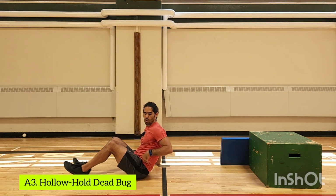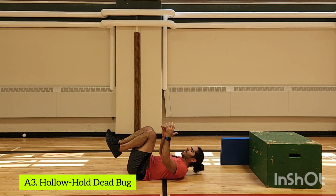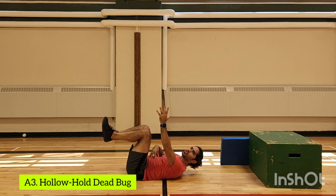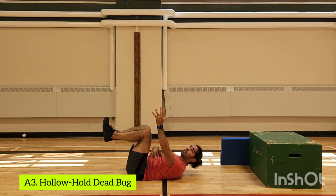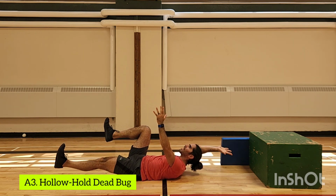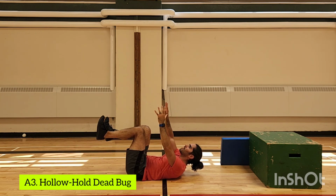So for this one, we're gonna lie on our back in this upside down bear crawl position. From here, what I want you to do is take a breath in, exhale, and just get your shoulders just kissing the floor, or even better, just kind of like butterfly kissing or just off of the ground, okay? We're looking straight up, we're not wrenching our neck, and from here, we're gonna alternate opposite arm and leg going out, coming in,